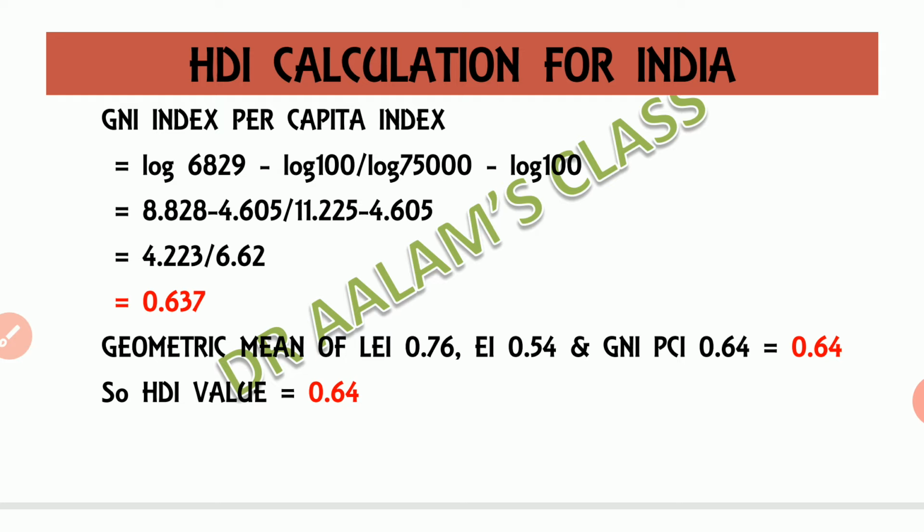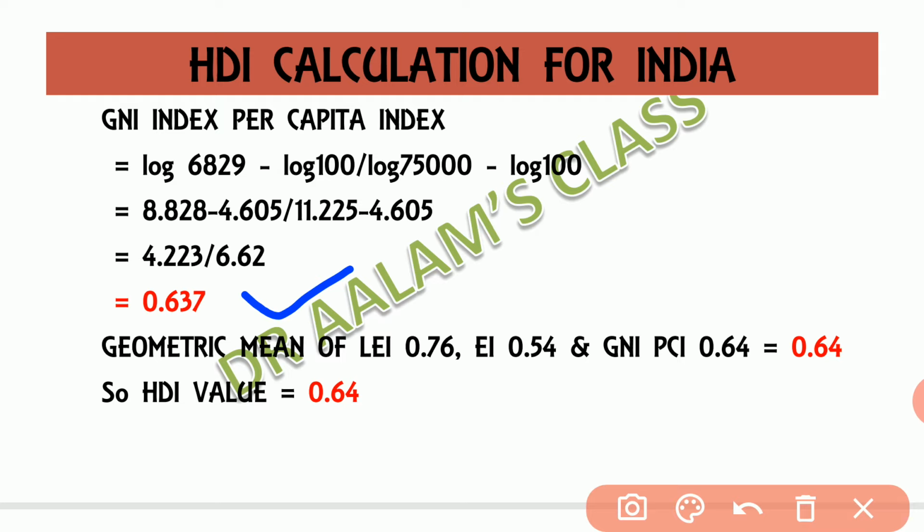So this means that income gains in low income countries are much more impactful on human development and standard of living compared to income gains in high income countries. So by taking the natural log, and using the above dimension index formula, the GNI per capita index is calculated as